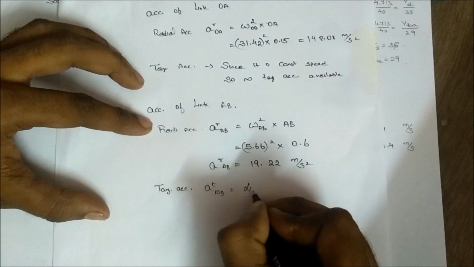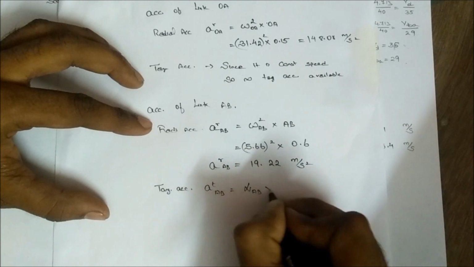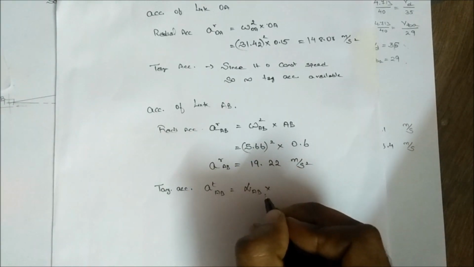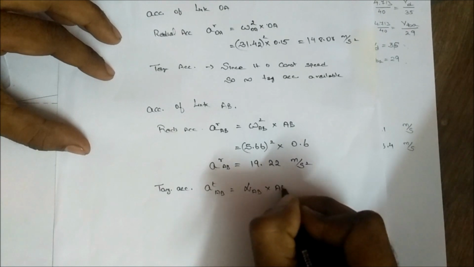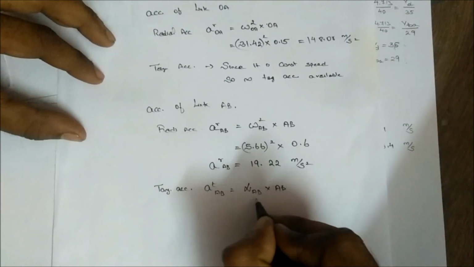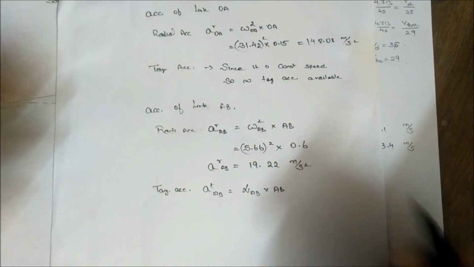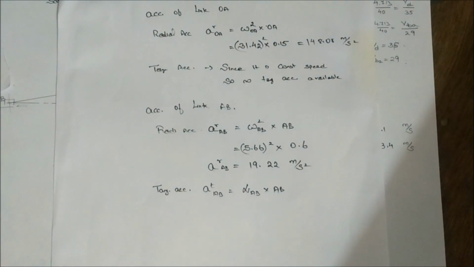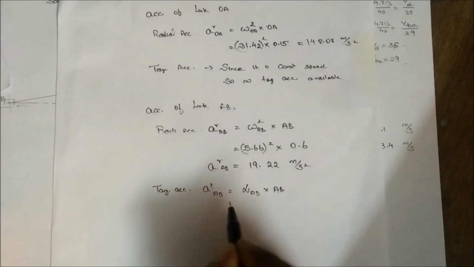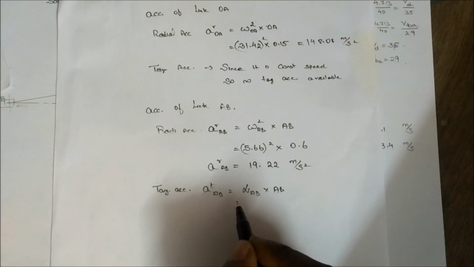angular acceleration of AB into AB. Here we don't know the angular acceleration, so we need to find out what is the angular acceleration of the link AB to find out the tangential acceleration of the link AB. Okay, now we will go with the